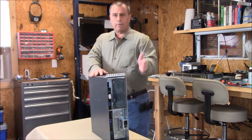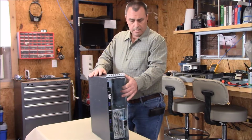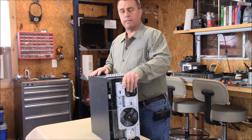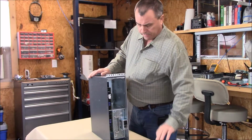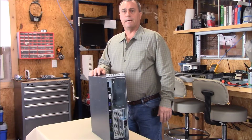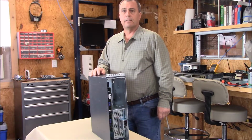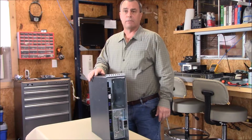So I've already pulled the front faceplate of this off, and you can see that at the end of the video. Here's the fan from the front part of it. But I'm gonna finish taking it apart. I'm gonna inspect it. We're gonna look at some of the specs on the spec sheet, and we're going to verify that everything is in here. And I have not powered this up yet. I still don't know if it works,